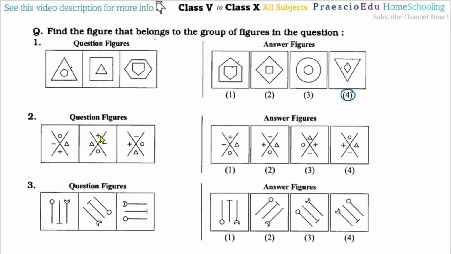Then from this figure to this figure, there is interchanging of these 2 shapes and interchanging of these 2 shapes. So continuing with these, the opposite shapes, or we can say the symbols, are interchanging their positions. So for this one, the triangle will be at the top, and at the bottom side this minus sign, and this plus sign will be on the right side, and this circle will be on the left side, when this is correctly matching.